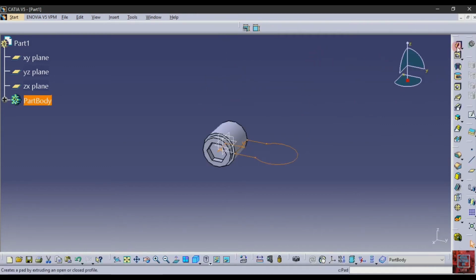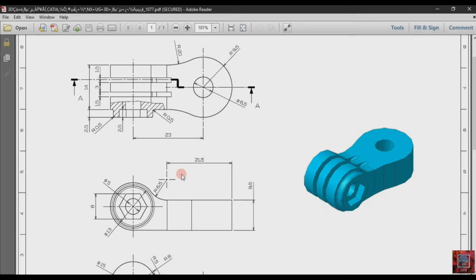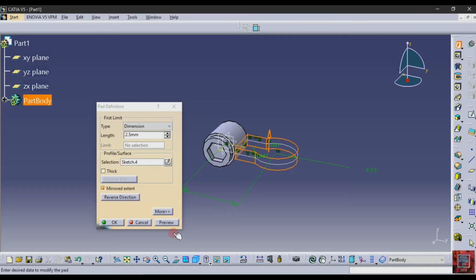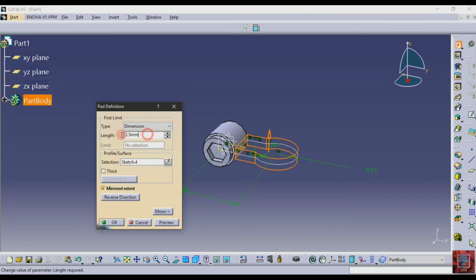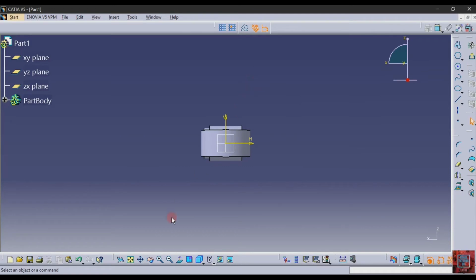Exit sketch, pad, mirror extend. This time the length of the pad is 9.5. So here we select mirror extend and type 9.5 divided by 2, 4.75.